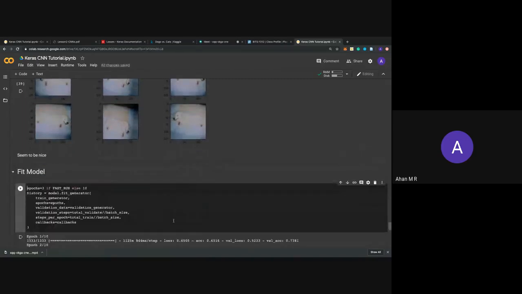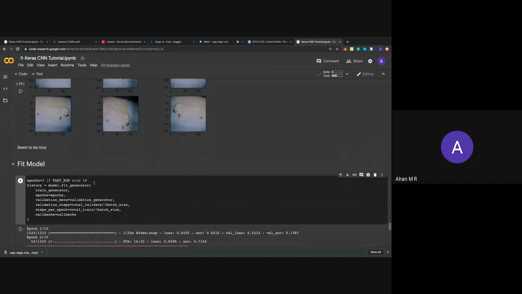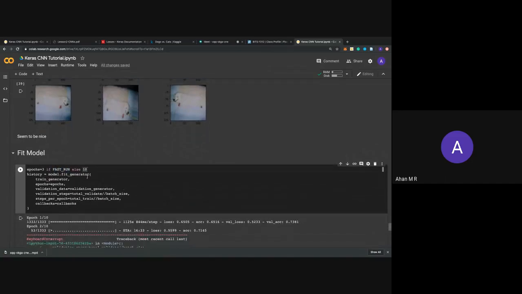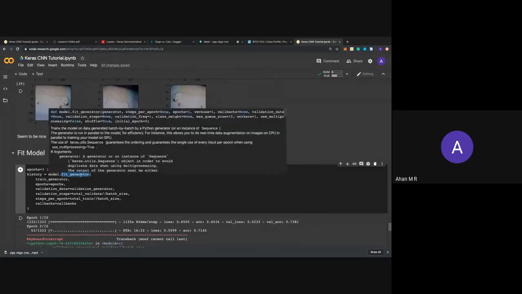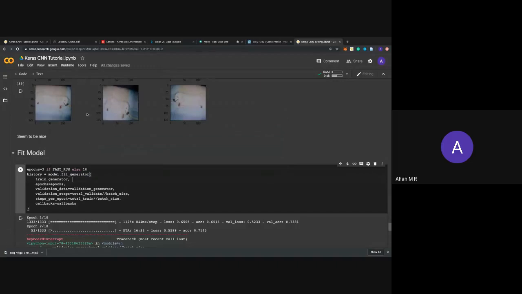The fast and variable I mentioned previously is for this case. Now we'll run 10 epochs. This is different from what we used in the first lab. We did model.fit in the previous labs, but now we will do model.fit_generator, because the data generator generates an object of a particular kind and model.fit can't take that input. You use this one if you're using an image data generator function. If you don't use data augmentation, you can directly do model.fit and pass your training images without any problem, just like we did previously.